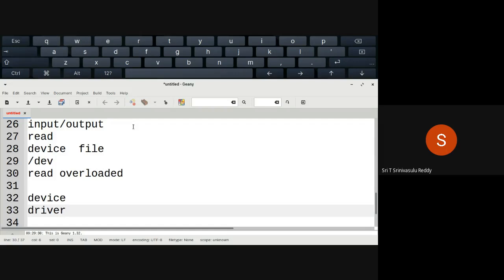So there is something called installing the device driver, right? What do you mean by that? They are likely to provide some kind of disk within which the device driver software may be available. And when you ask the operating system to install this, what it is doing is making this software also a part of the operating system. It is going to become integrated into the operating system, so that how to read and write data from that particular new device will also be a part of the operating system.